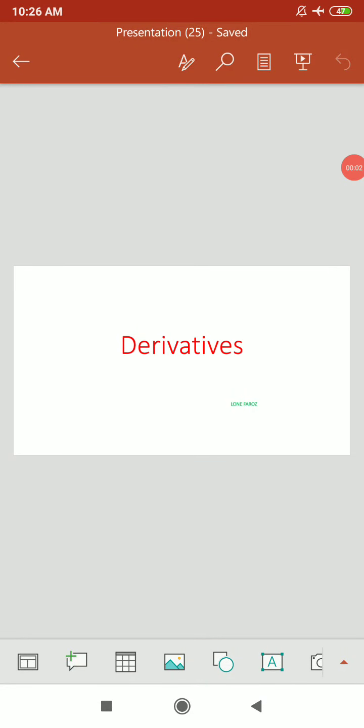अस्सलामुअलैकुम डियर स्टूडेंट्स। आज का हमारा जो टॉपिक है वो डेरिवेटिव्स है। ठीक है, लिमिट्स एंड डेरिवेटिव्स जो हमारा चैप्टर है, लिमिट्स हमने पढ़ा, उसके क्वेश्चन भी हमने किए। अब जो नेक्स्ट टॉपिक है वो है डेरिवेटिव्स।